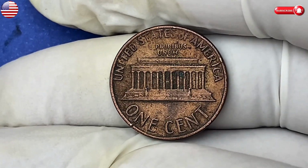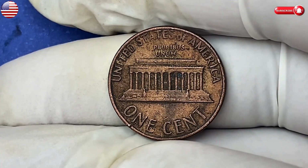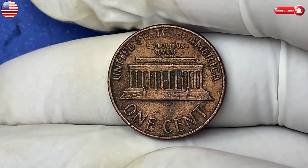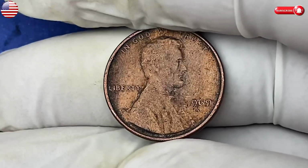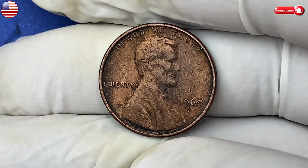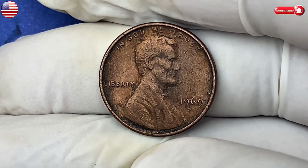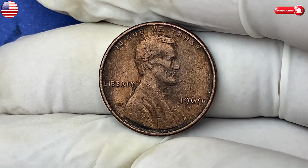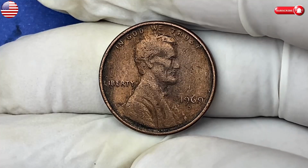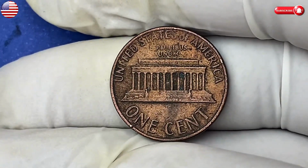Repunched mint marks, die cracks, and striking anomalies can also add tremendous value to a 1969 cent. Condition is another key factor. A circulated penny from 1969 might only be worth its face value, but when you find a coin that has been preserved in mint state condition, the story changes dramatically. Brilliant luster, sharp details, and absolutely no signs of wear push the value up significantly. Combine such condition with a rare variety or error, and suddenly you're no longer looking at pocket change, you're looking